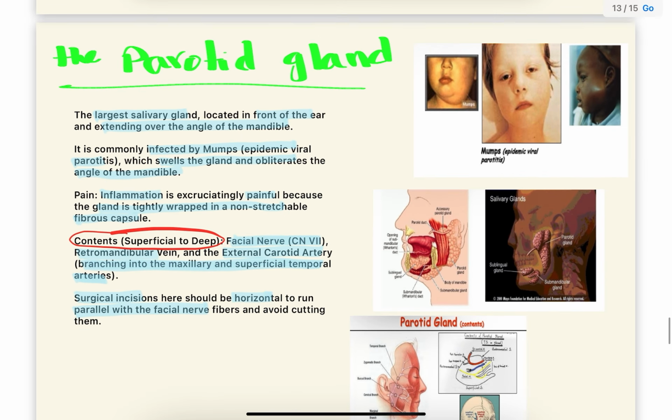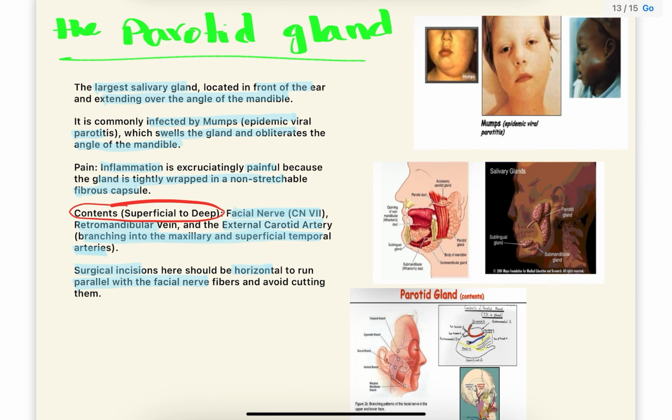Okay, now for the parotid gland, it's basically what? It's the largest salivary gland. And it's found mainly here in front of the ear and extending over the angle of the mandible. So in front of the ear and angle of the mandible, approximately. Now, in children, it mainly becomes infected because of the viral epidemic parotitis, and it will lead to the mumps disease. So the mumps disease is happening because of infection of the parotid gland in the kids,